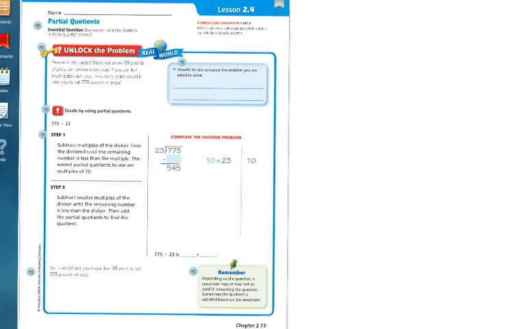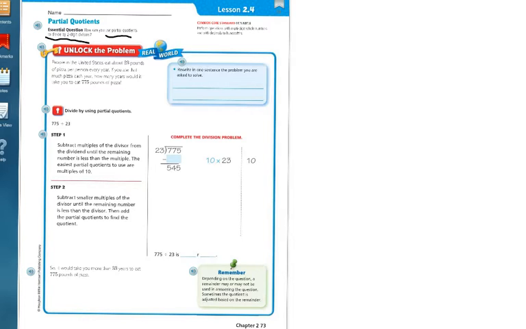Today's lesson is 2.4, partial quotients. The essential question: how can you use partial quotients to divide two-digit divisors? So yesterday we did a little bit of partial quotients when we were drawing out the models and using the manipulatives and going by 10. So we're going to do the same thing, only this time instead of using the manipulatives, we're going to be